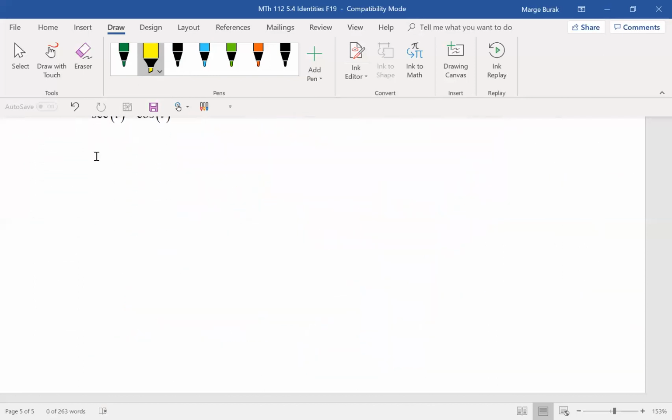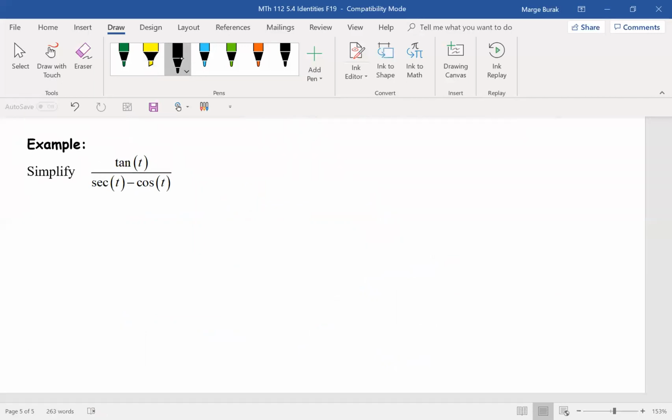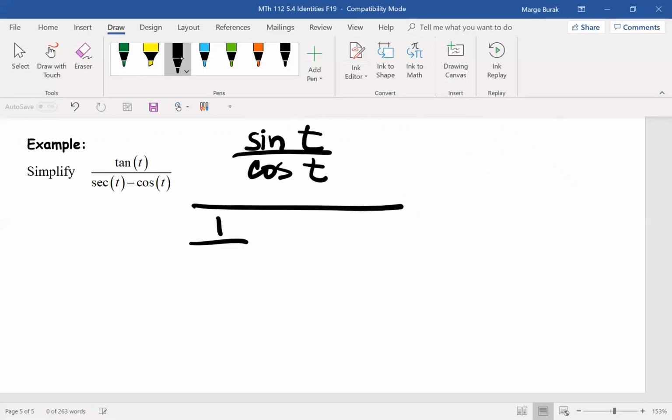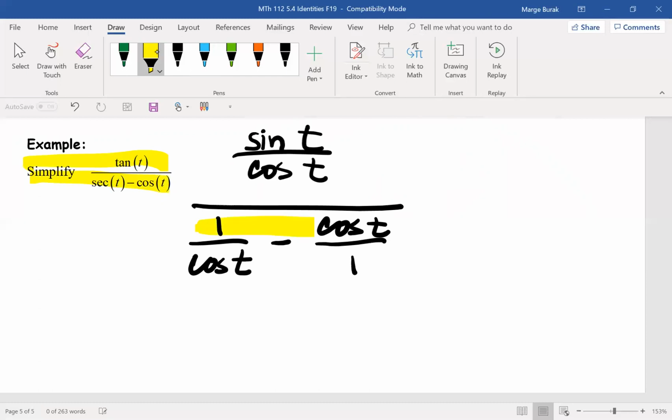All right, so let's go with sines and cosines again. So tangent is the sine over the cosine, and secant is 1 over the cosine, minus the cosine. I'm going to put it over 1 because I'll probably have to get the common denominator there. All right, so let's combine the bottom two. Let's combine these two with one denominator. So if I times this by cosine of t over cosine of t,